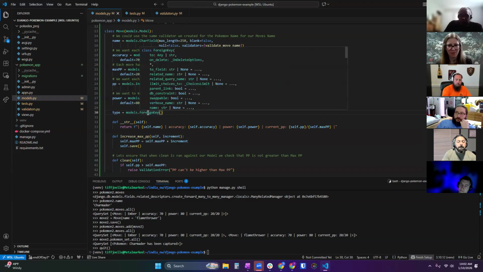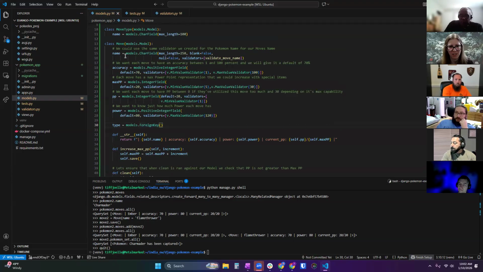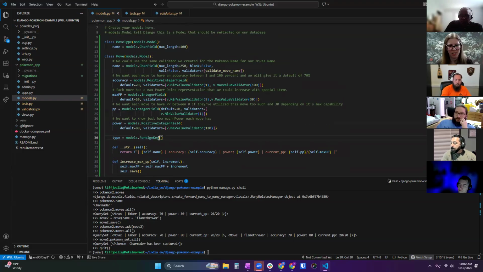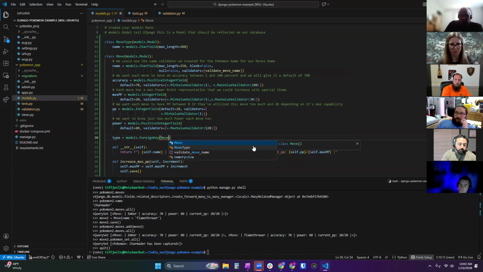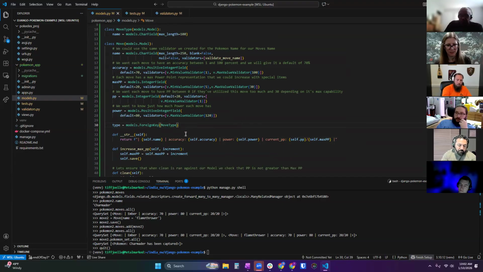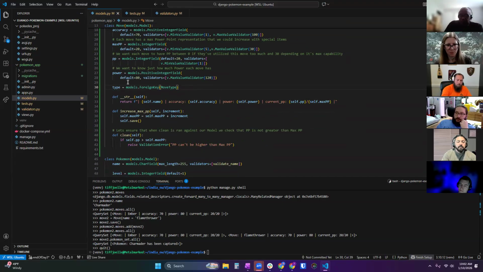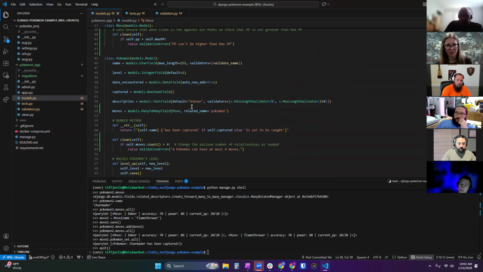And then again, like the many-to-many, we need to point to what model it is going to get that foreign key from. So we're going to use move type. Okay, so let's roll with this and see what happens.